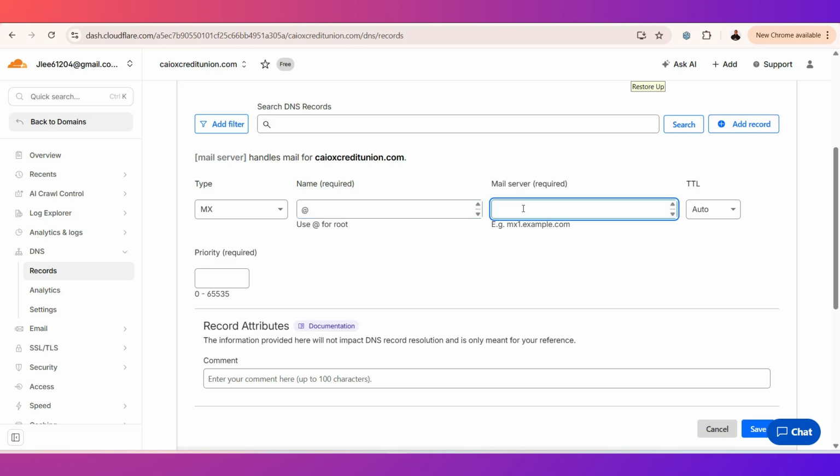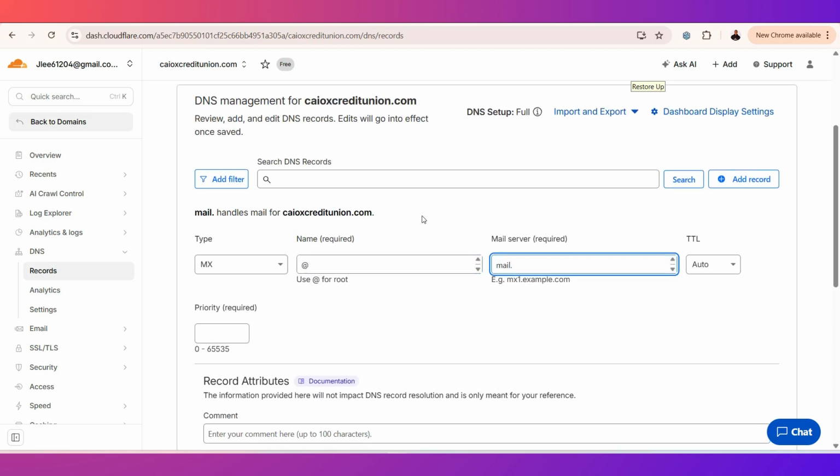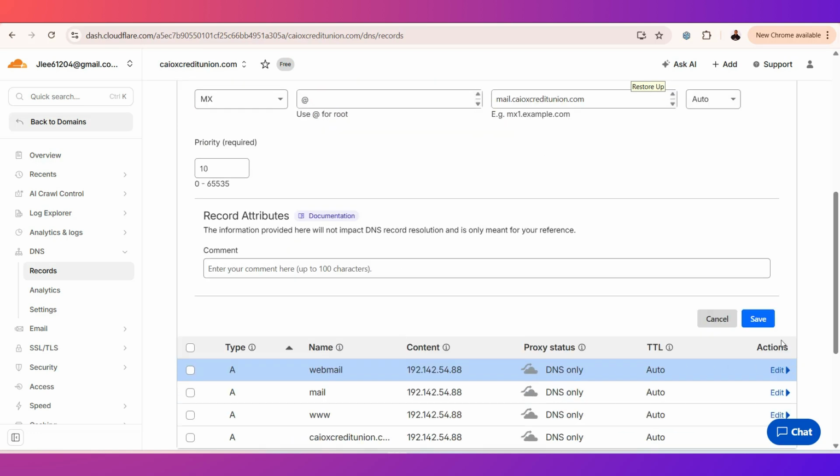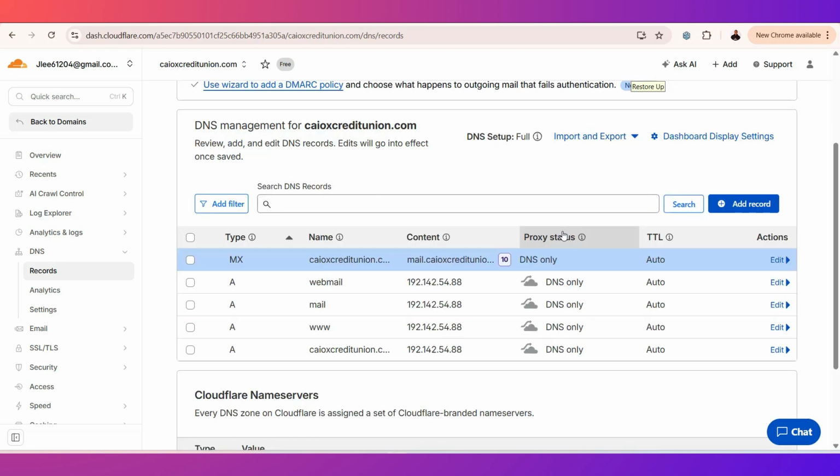For the mail server you're going to enter mail dot. You can actually enter anything that you wish to enter, okay, but for me I like to use mail dot, and here I'll put in the domain name. So I have mail dot my domain name. Okay, so for the priority I'll love to use 10. You can use exactly what I'm using, there is no issue about it. So I'm going to click on save, and while this is done I would love to add 3 more TXT records